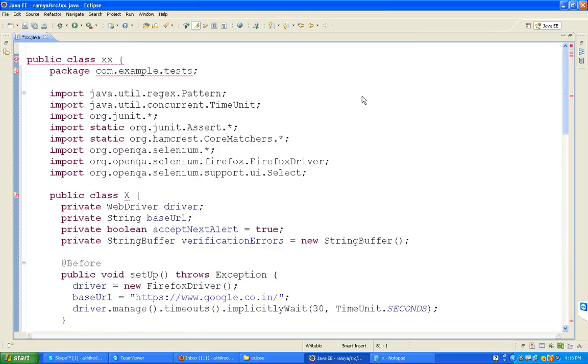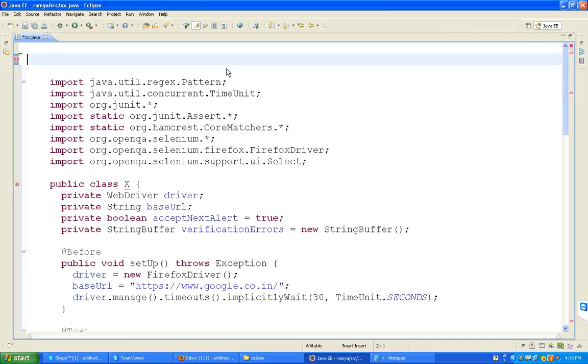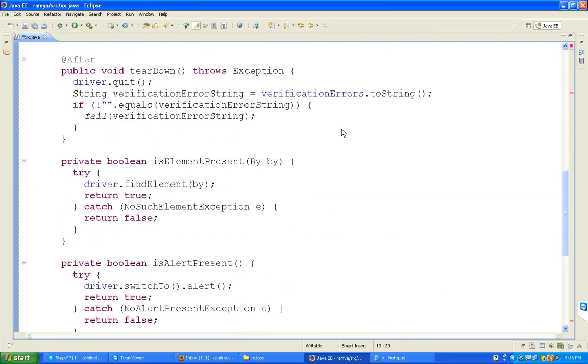Now it will show an error. So delete the class name and give it again. Right. Now if you run same to same, it will run.